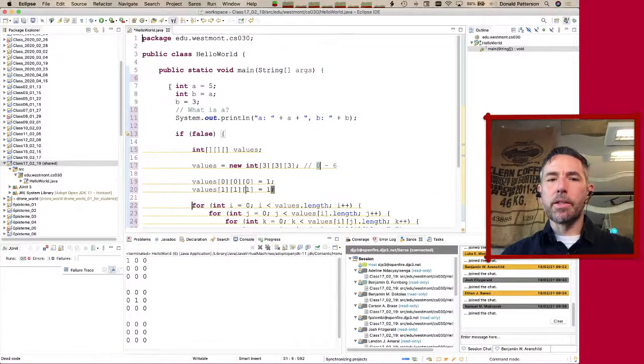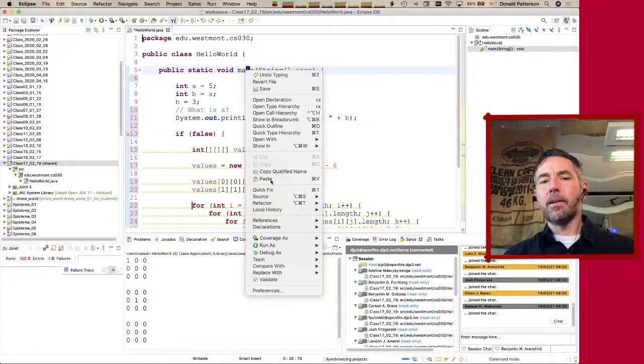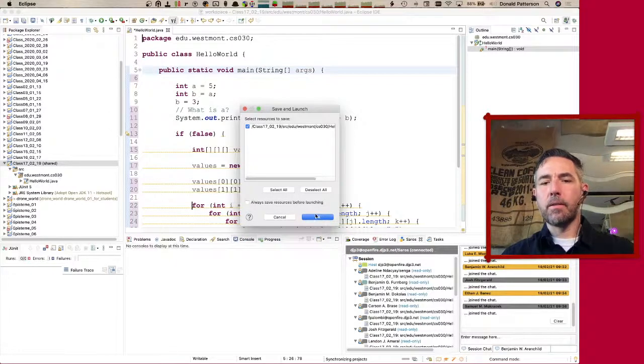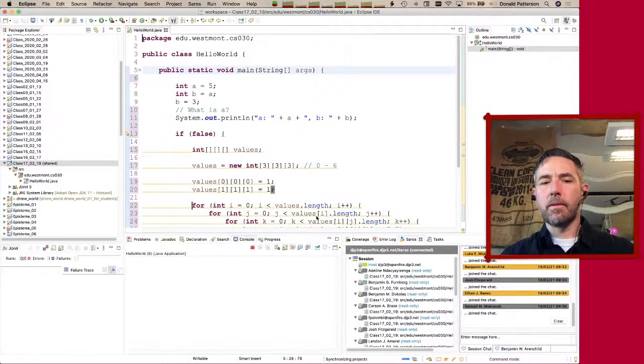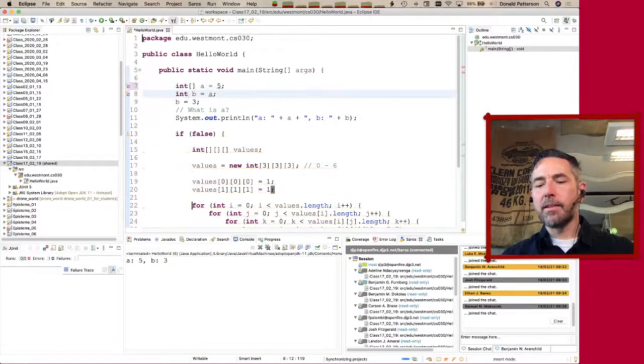Okay, so we're just going to run this code right here to demonstrate what happens when we are not using references. Set a equal to 5, b equals a, so b gets a copy of 5. We set b equal to 3, but a is not changed. a is 5 and b is 3. The world is as we would expect it to be. But when we deal with references, it doesn't work the same way. When we deal with references and chunks of memory,